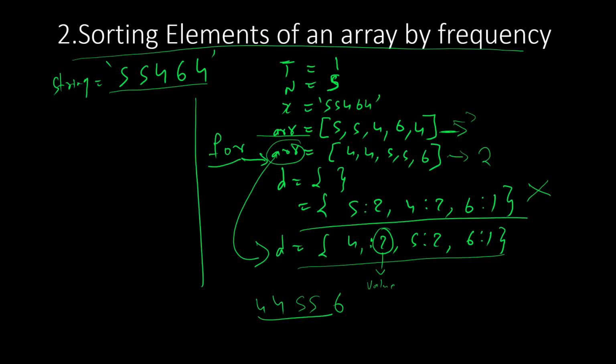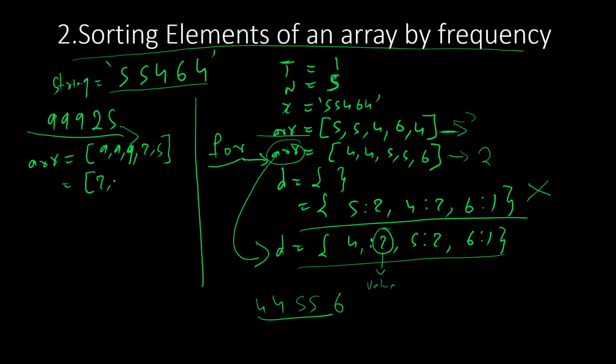Okay, this time that will be 99925. This will be our new example, and we're going to do the same thing. Just assume instead of 55464, now x has 99925, and the new array will contain 99925, and I told we have to sort that. After sorting that will be